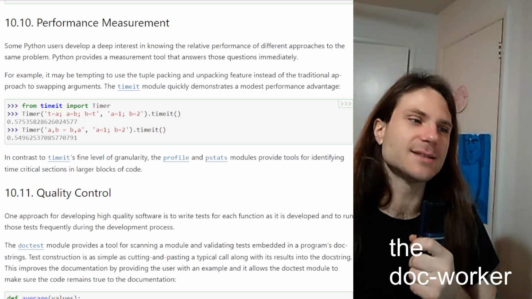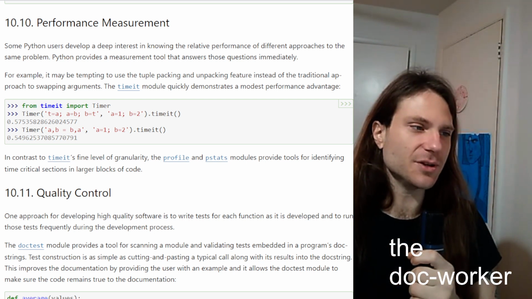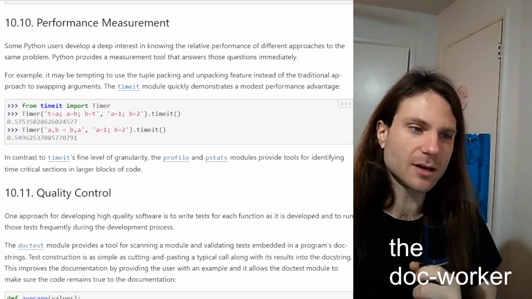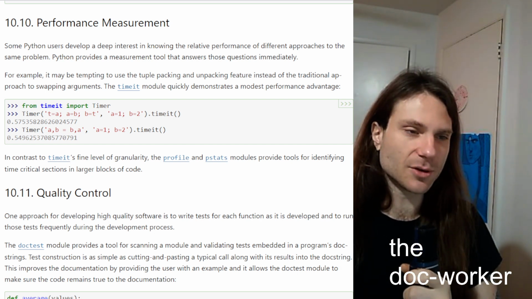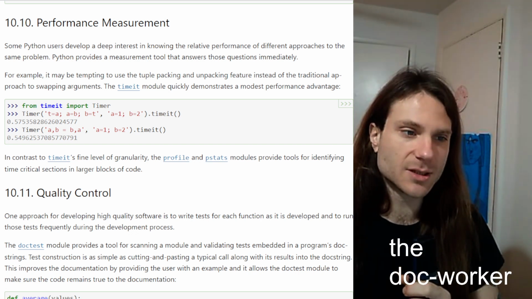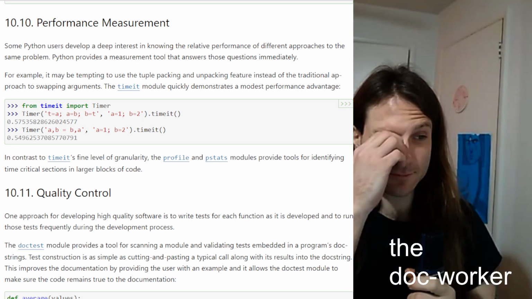Python provides a measurement tool that answers those questions immediately. It is pretty neat. For example, it may be tempting to use the tuple packing and unpacking feature instead of the traditional approach to swapping arguments. The timeit module quickly demonstrates a modest performance advantage. So,